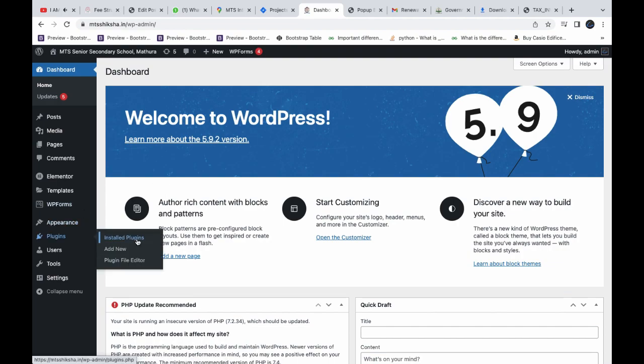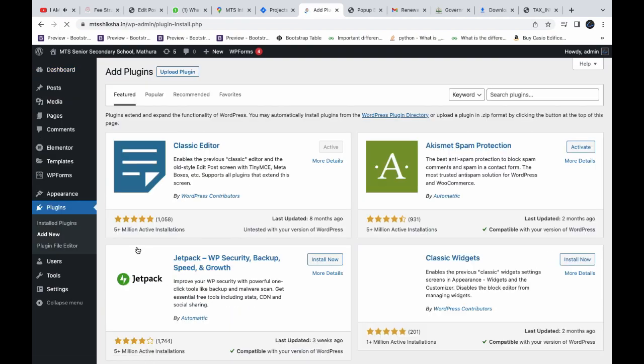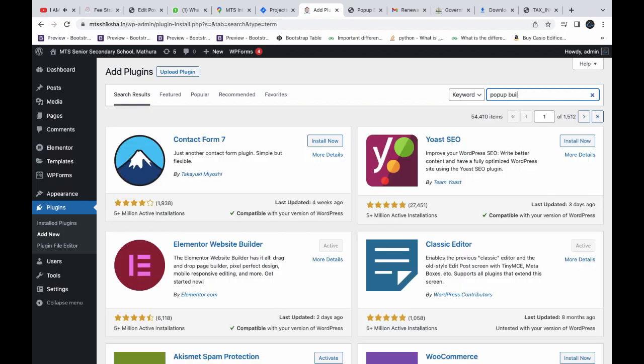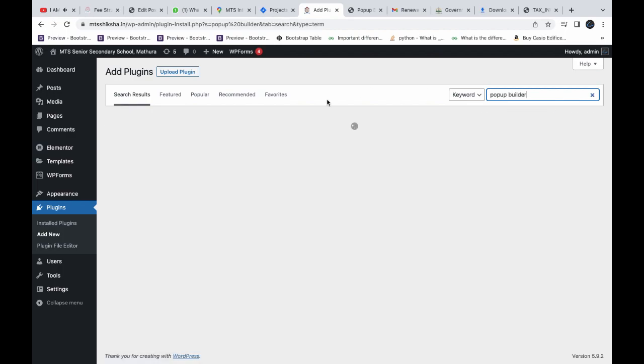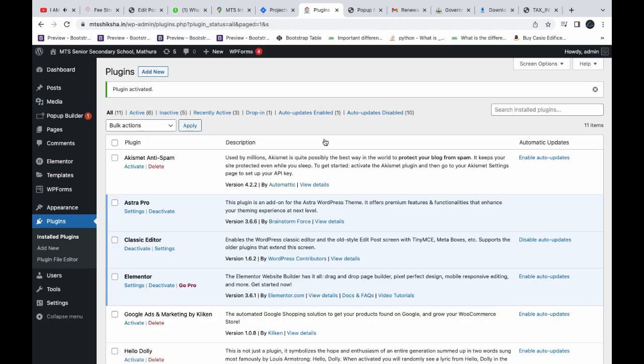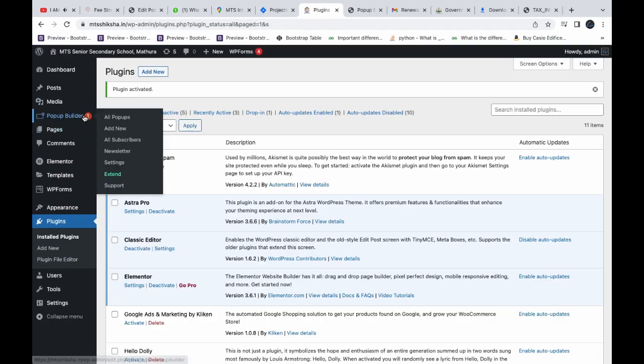First, log into your dashboard, go to plugin, add new, enter plugin name Popup Builder. The plugin name would appear, install it, then activate it. Once activated, this plugin Popup Builder would appear in the sidebar menu. Then click on add new,